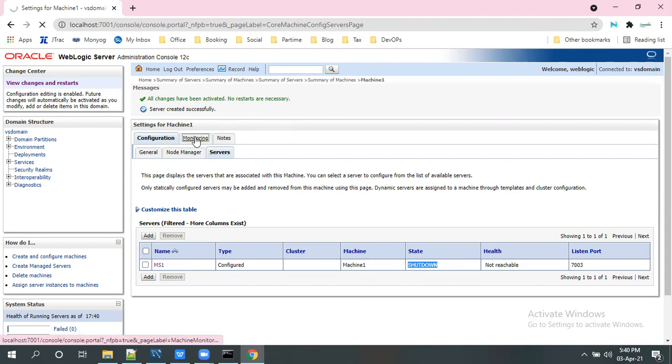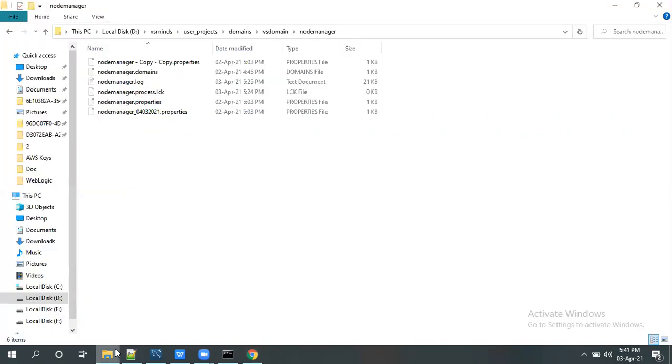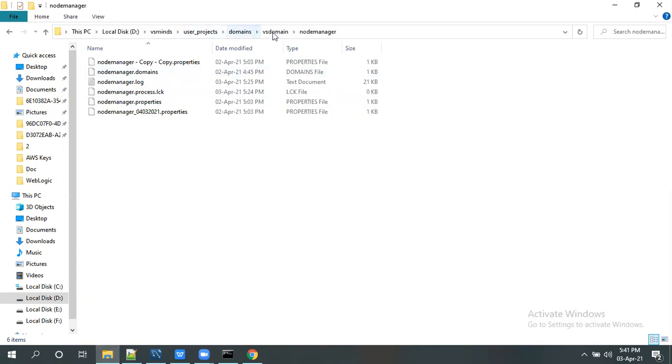Coming to the monitoring part, see here, the node manager status is inactive. So node manager is currently shut down. Before starting the node manager, you have to do some configuration settings. Go to this path. Basically, the path is domains, the domain name, and the node manager.